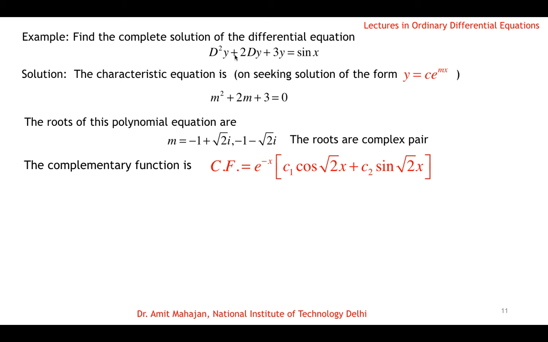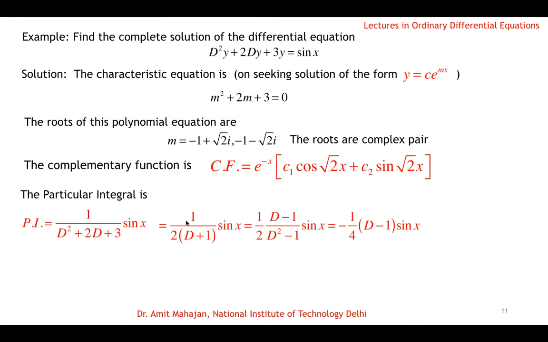Particular integral is 1 over d square plus 2d plus 3 operated on sin x. The rule says that if we have sine or cos, we have to put d square as minus a square. a is 1, so minus a square means minus 1, so we can put d square as minus 1. This 2d we cannot substitute, so if you put d square as minus 1, it will be 2d plus 2, 3 minus 1. So we can easily write 2d plus 2, which means 1 over 2 times d plus 1 of sin x. Now 1 over d plus 1, you have two ways to solve it. One is you can apply theorem 2, which says 1 over d minus a operated on a function is exponential, integral, x into exponential.